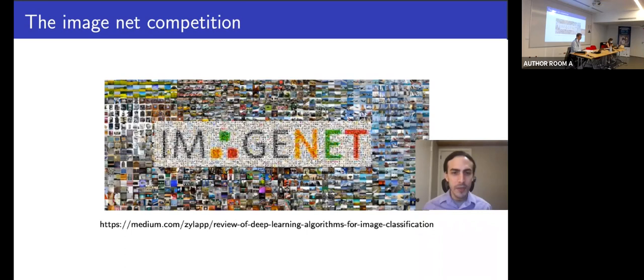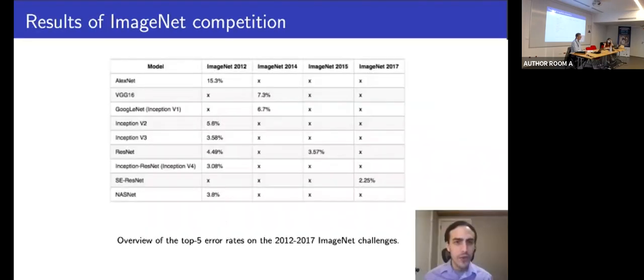So in this competition, several computer science groups try to maximize the accuracy in a database of images and different algorithms for classifying them. The key contribution of AlexNet was not so much the neural architecture it proposes, but it was the first team that realized that you can actually use GPUs to greatly accelerate the convergence of neural networks. So here you can see a table among the different winners, or like the top 5 best performing groups from 2012 to 2017. In this competition, actually, the team that is most relevant to this talk is this NAS team,